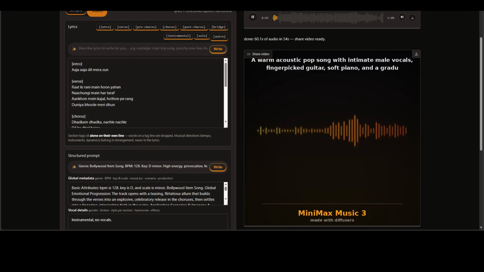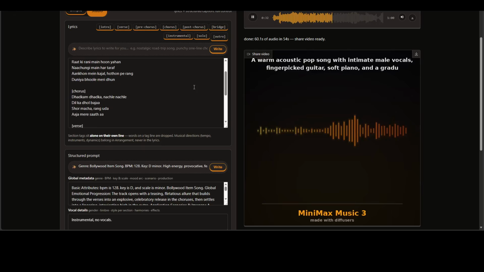आजा आजा दिल मेरा सुन रात की रानी मैं हूँ यहाँ नाचूंगी मैं हर तरफ आंखों में काजल होठों पे रंग दुनिया भूले मेरी धुन धड़कम धड़का नचले नचले दिल का डो बजा शोर मचा रंग उड़ा आजा मेरे साथ झुमके झनके पायल बोले इश्क का मौसम आया बिजली सी गिरी आग सी जली दिल का नशा